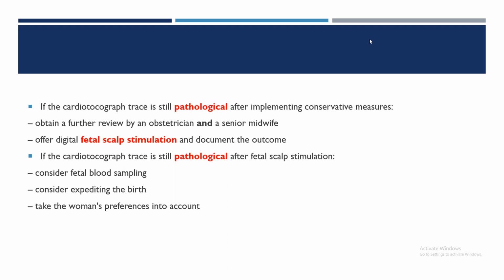So for fetal blood sampling, remember well, the woman should be at least 3 centimeters dilated and the membranes should be ruptured. Correct? For doing fetal blood sampling, these 2 are the prerequisites. So if these prerequisites are not fulfilled, like if the woman is just 1 or 2 centimeters dilated, a known case of HGR, and the CTG is pathological, because such questions come. Now here it is not possible that you will do the fetal blood sampling, correct?